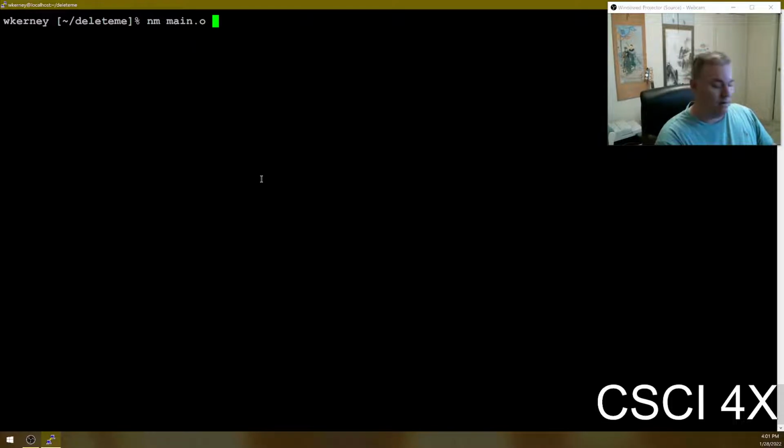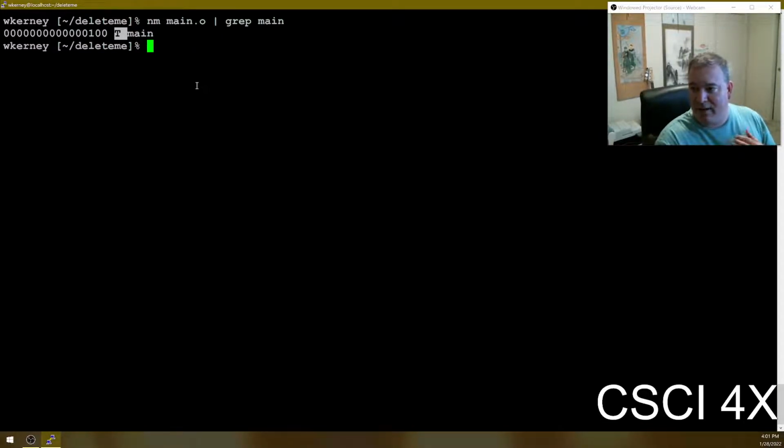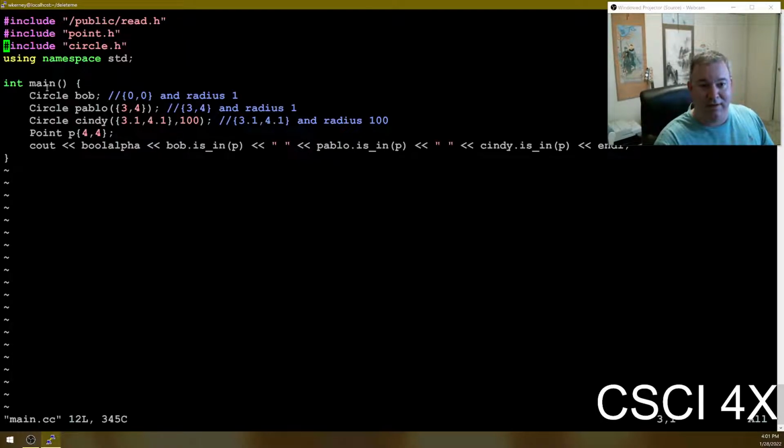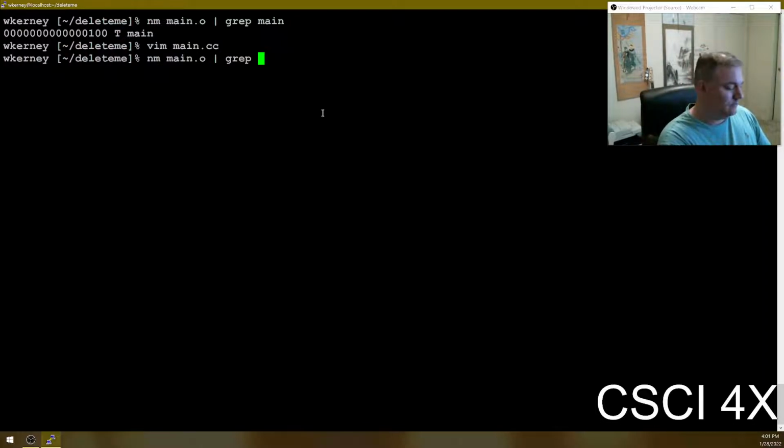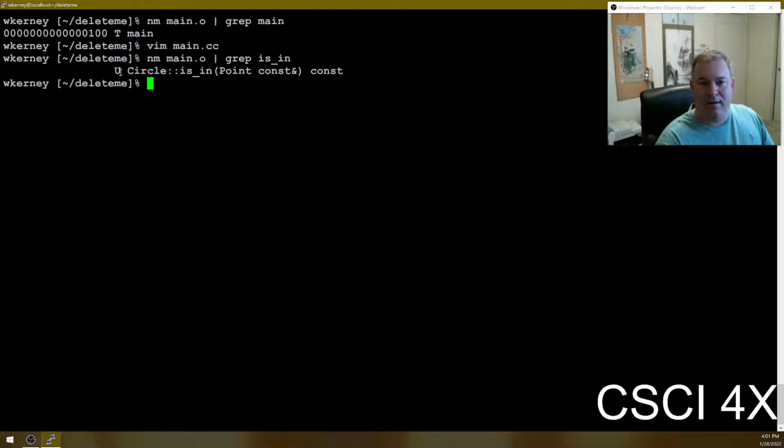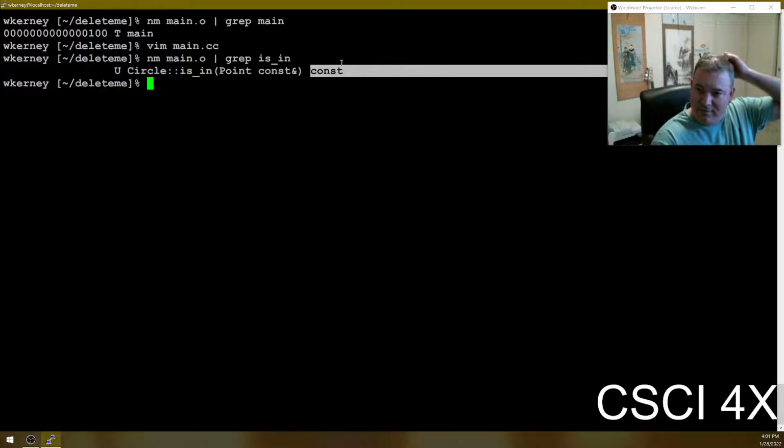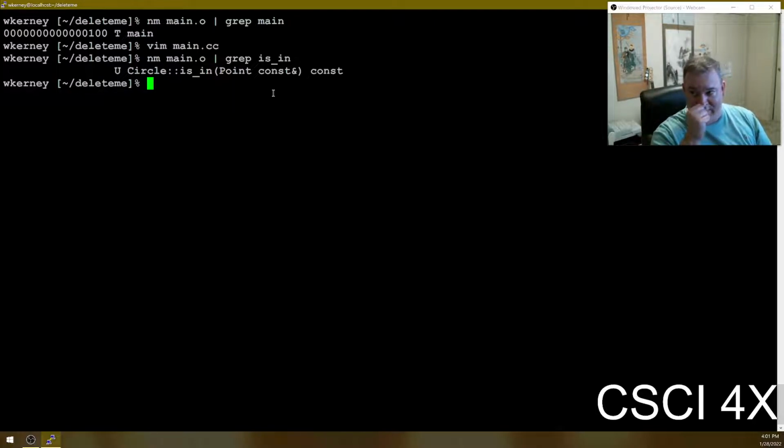So pipe through grep main. Yeah. So the T, see, we've defined main here. We have the definition for main. And we're calling a function called Circle::isIn that takes a point by reference, and is itself a const function. And so what happens when you do the link step is that it grabs all these .o